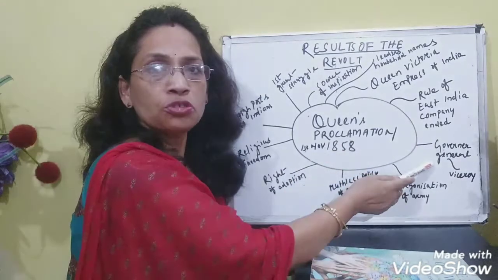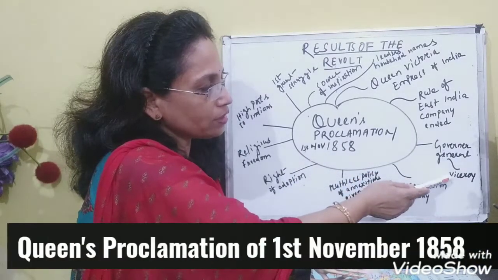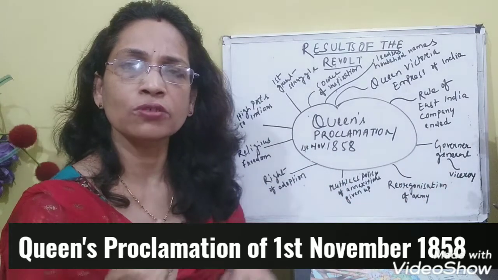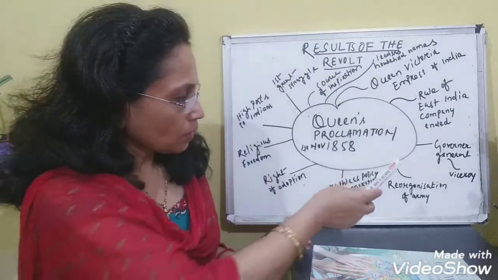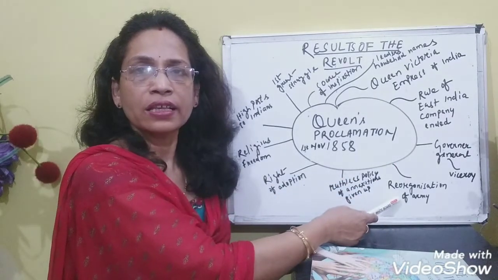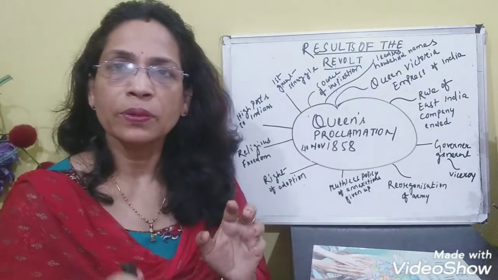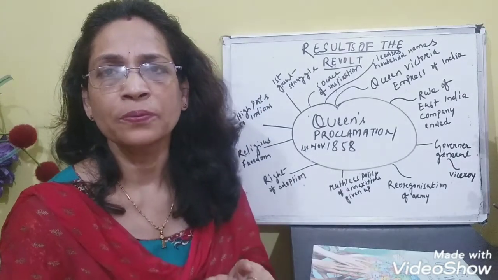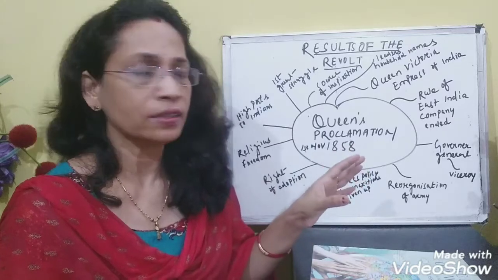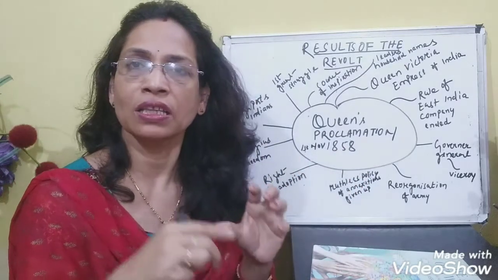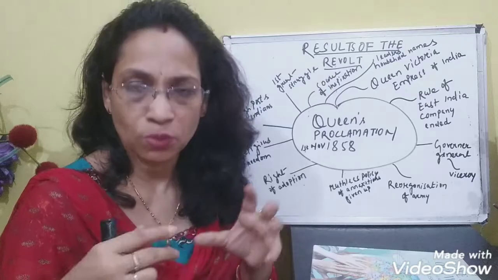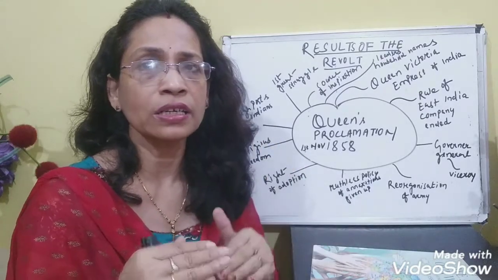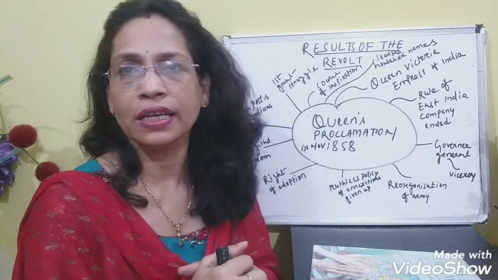Third, the position of Governor General was changed into viceroy. It means now onwards the governor general was to be called as viceroy. The army was reorganized. The British reorganized the army. Why? Because it was the Indian soldiers in the British army who first started the revolt. So सबसे पहला काम ब्रिटिश गवर्नमेंट ने ये किया कि आर्मी को रीऑर्गेनाइज किया. मतलब उससे पहले नंबर ऑफ इंडियन सोल्जर्स बहुत ज्यादा थे और ब्रिटिश सोल्जर्स कम थे. अब ब्रिटिश सोल्जर्स के नंबर भी थोड़ा बढ़ाया so that there would be less chances of revolt by Indian soldiers.